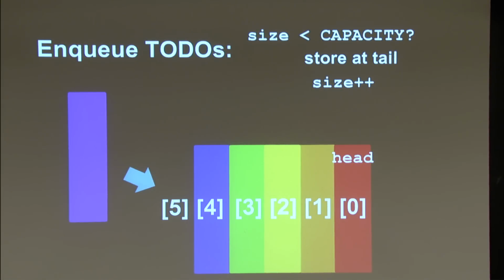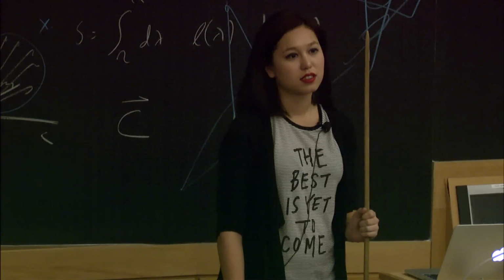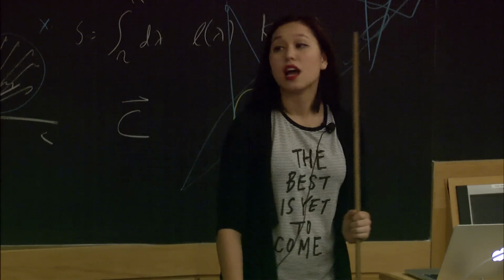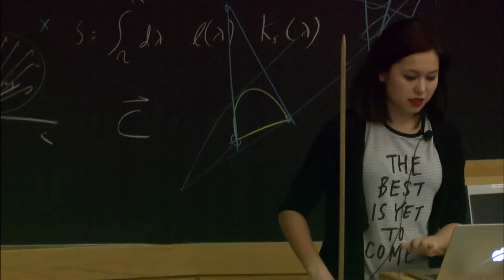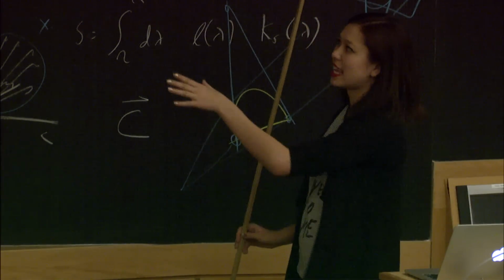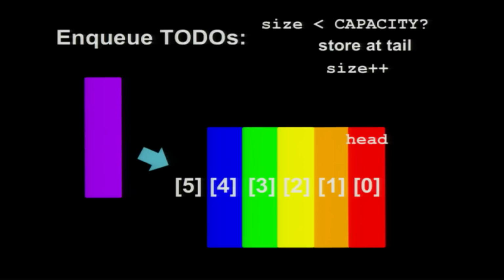Yes? Does that mean that we would have declared an array that was 5 elements long and then we're adding onto it? No. In this case, this is a stack. This would be declared as an array of size 6. Okay. And in this case, we just have one space left. Okay. So in this case, if our head is at 0, then we can just add it at size. But